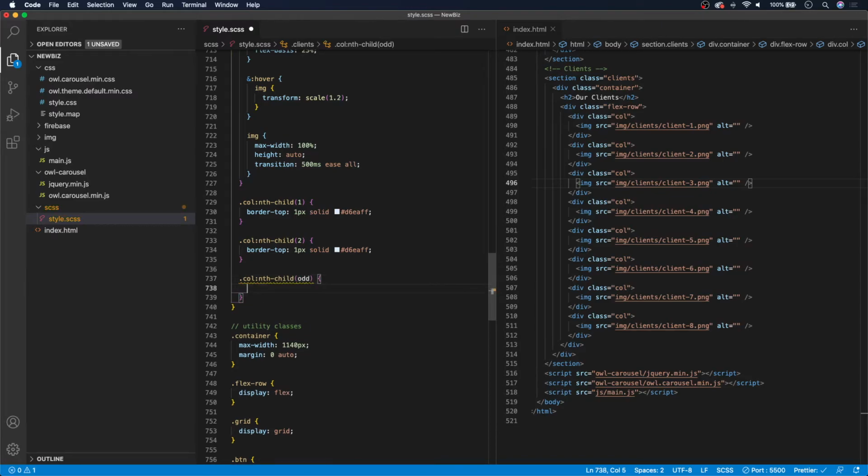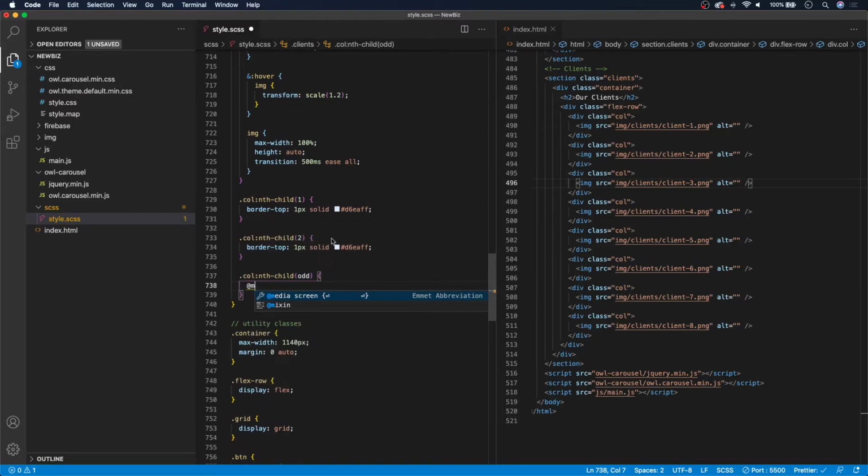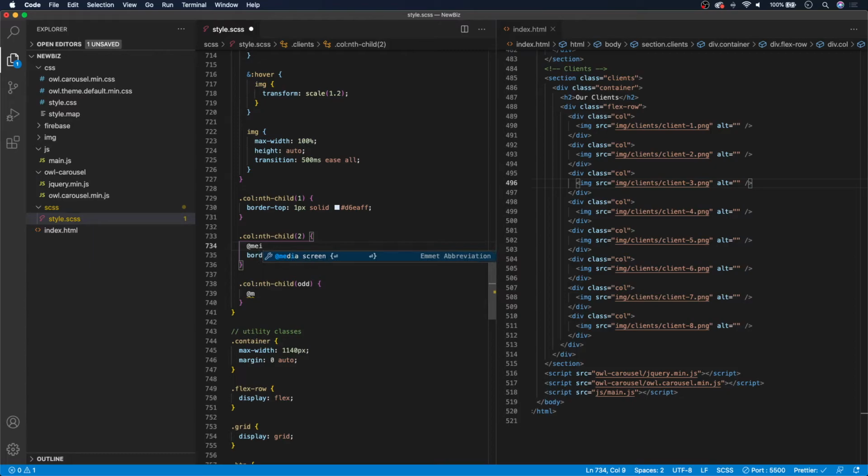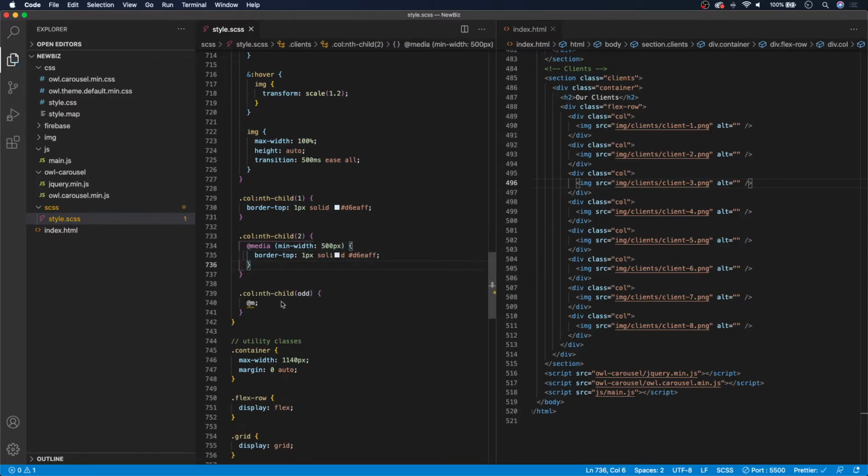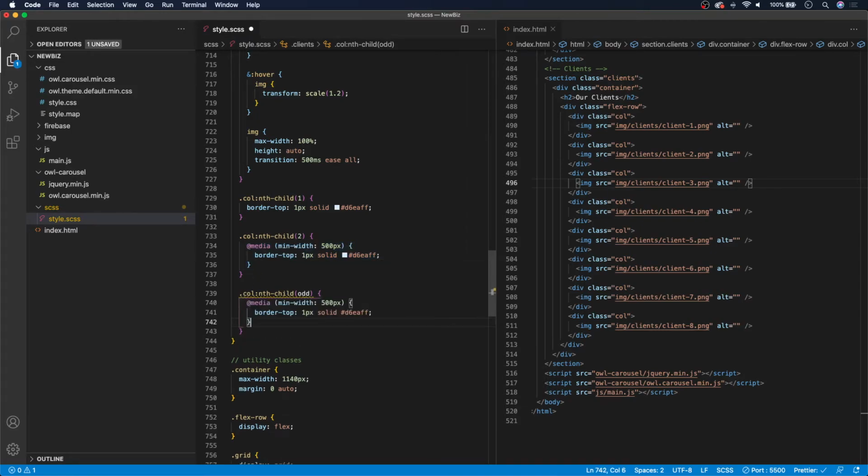So what we're going to say here is we want to open a media query again, and I forgot to do a media query for this one, so let's go back up here and do that before we actually have a problem. So at media, min width, set this to, I believe it was 500 pixels, and then we're going to open up our media query in here, okay, before we forget about that. And there we go. So we're going to go ahead and copy this media query here as well. So for the odd ones, we want to say at a min width of 500, we want to give this a border left of 1 pixel solid, but